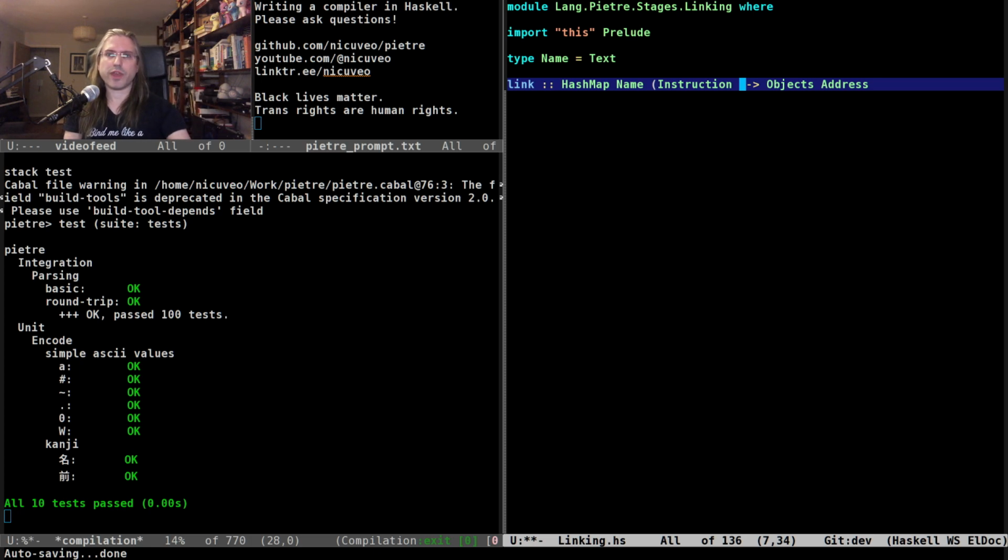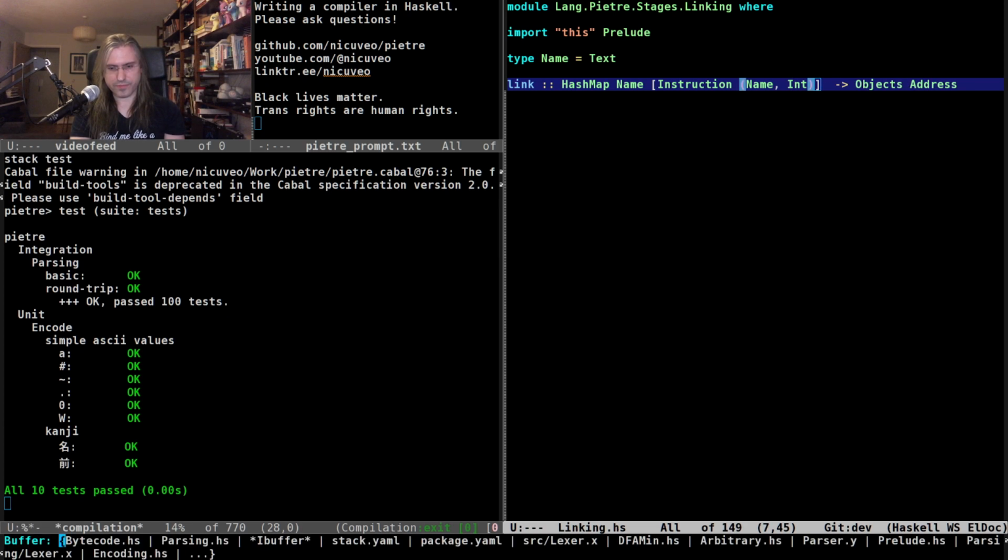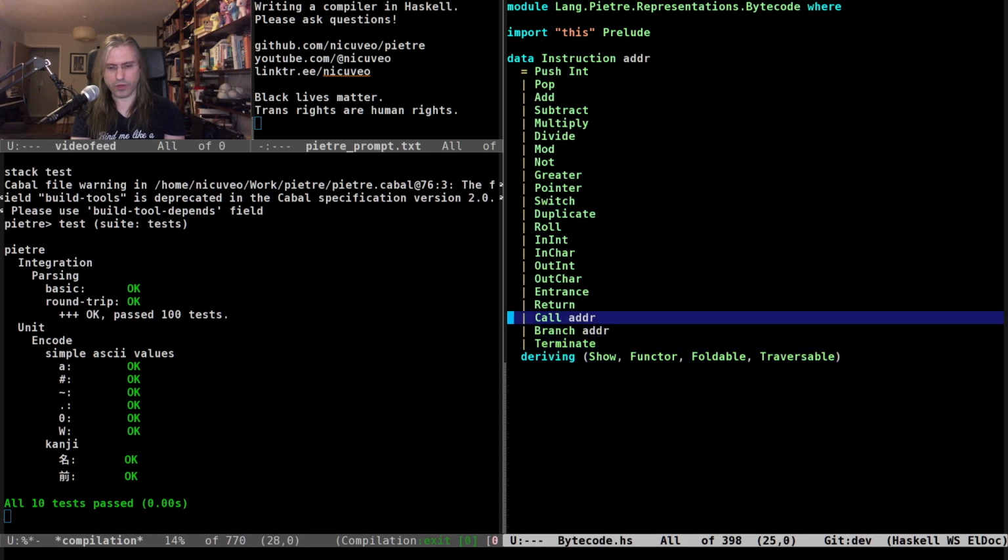So yeah, we're going to assume we have the name of the functions, which is going to be the mangled name, which we have not decided on yet. But for now, that's just some text. And each function will be containing a big list of bytecode in which the function names... Actually, I think I'm missing something. They're going to be just names. We are going to a place. And actually, they're probably going to be name and int, because there's one thing we forgot.